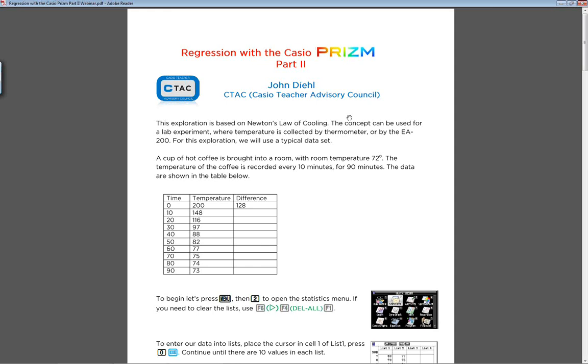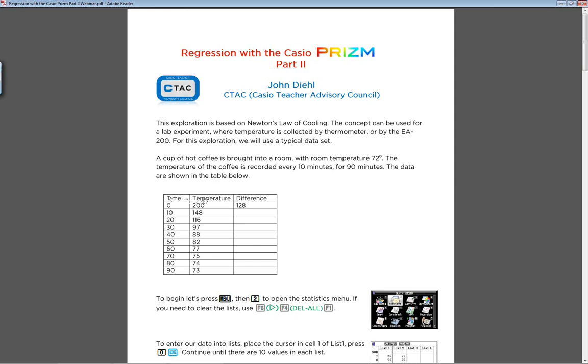However, realistically this evening, we can't all collect the data, nor do we really want to enter 60 or 70 or 90 values. So I've abbreviated our example and just taken what the temperature might be each 10-minute interval. This gives us a smaller data set to work with. I have one variable called time. Think of it as time elapsed since the coffee was brought into the room.